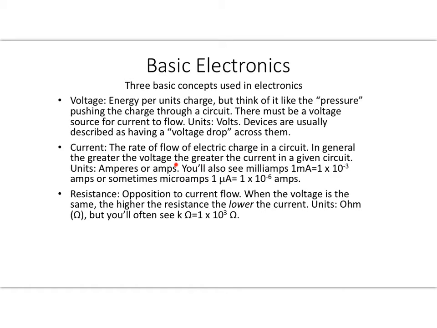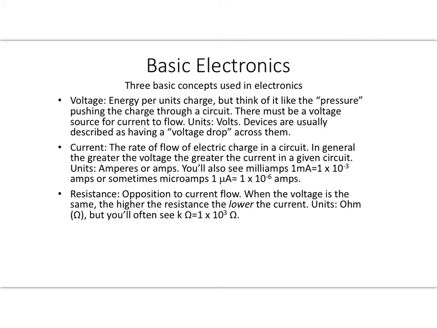The greater the voltage, the greater the current, assuming that this resistance here that we'll talk about in a minute is constant. The units for current is the ampere or the amp, and it's very common to see milliamps, which is 1,000th of an amp, 1 times 10 to the minus 3 amps. Notice that abbreviation there, small m, A for milliamps, or sometimes even microamps, which is 1 times 10 to the